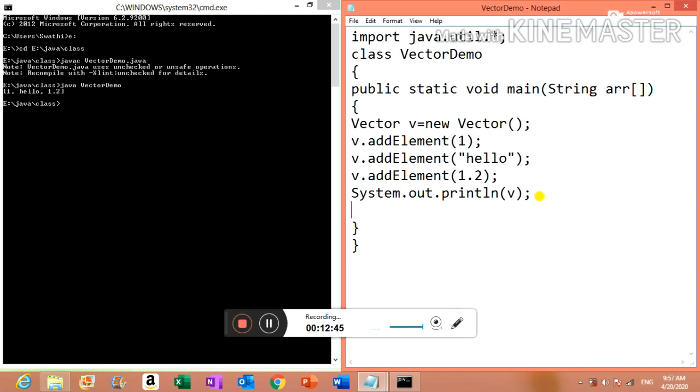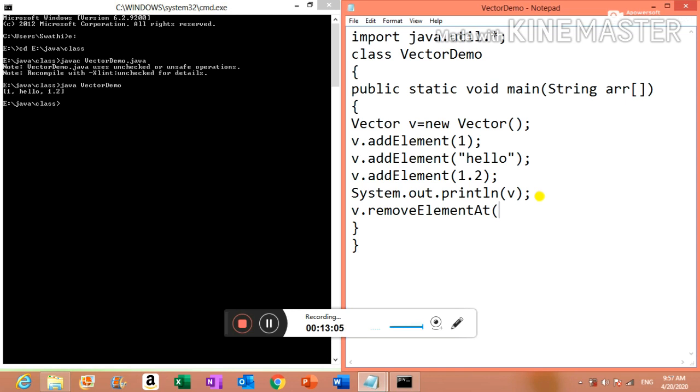For removing an element from the vector object, what method should we use? We can use the removeElementAt method, right? So v.removeElementAt of 2.